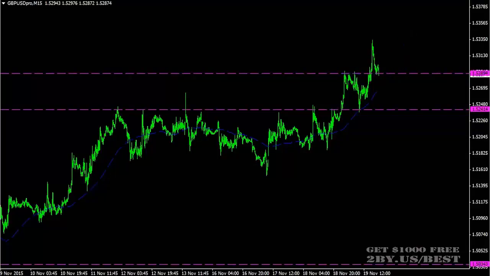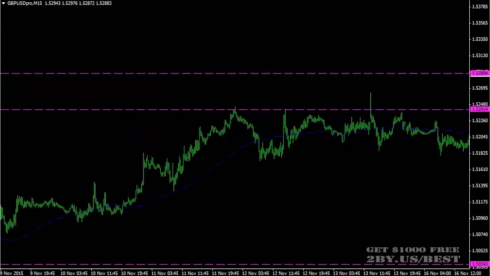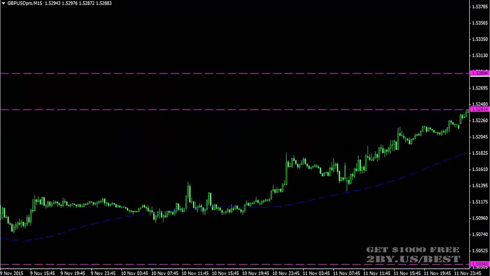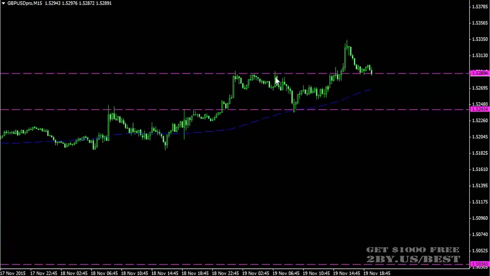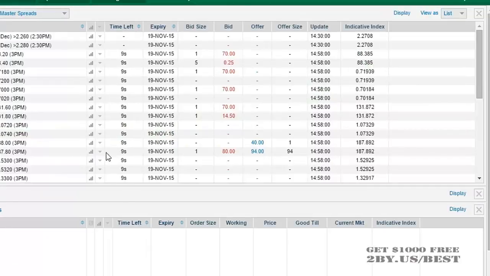So what we're going to do at this point is go ahead and zoom in on our charts so we can get a little better visual. Okay, and we can already see that the rejection is already starting. So we're just going to hop on our Nadex platform, and we're going to find the binary GBP,